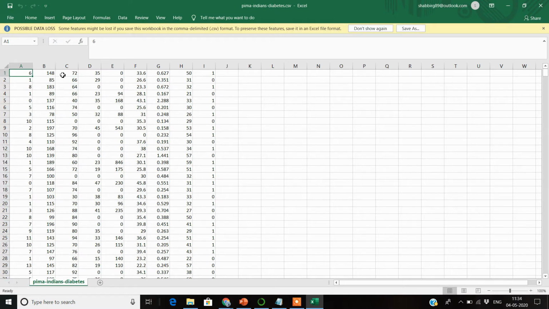I have already downloaded the CSV file, and you can see that there is no column header specified inside the CSV file. We are just given the feature variables and the target variable. So we have to do some pre-processing work in pandas so that we can fit the data into our scikit-learn model.